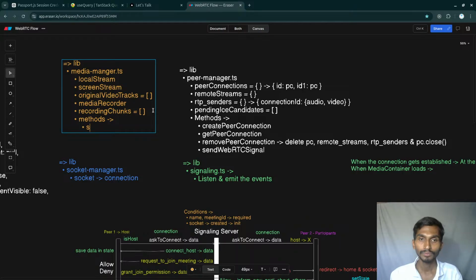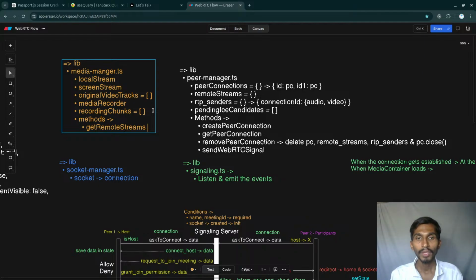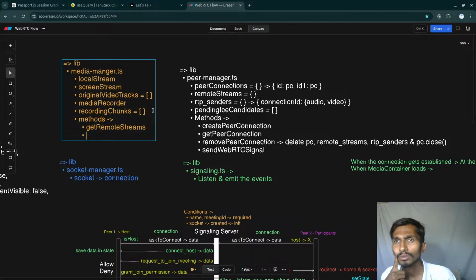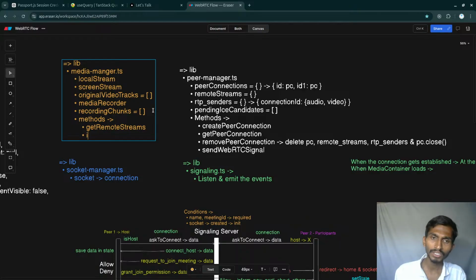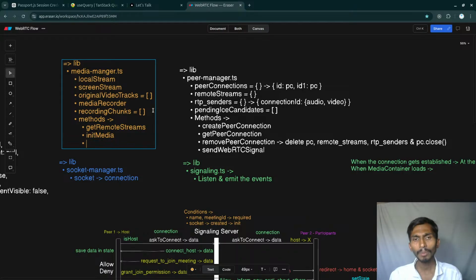It should have get a remote stream. Get remote streams, because from the media I will be getting the remote streams, and apart from this it will have initialization. I don't exactly know the name, but init media type something, so that everything gets initialized. Or maybe get remote stream is going to be working, even get remote stream will be working fine, so not really a big problem. And then set